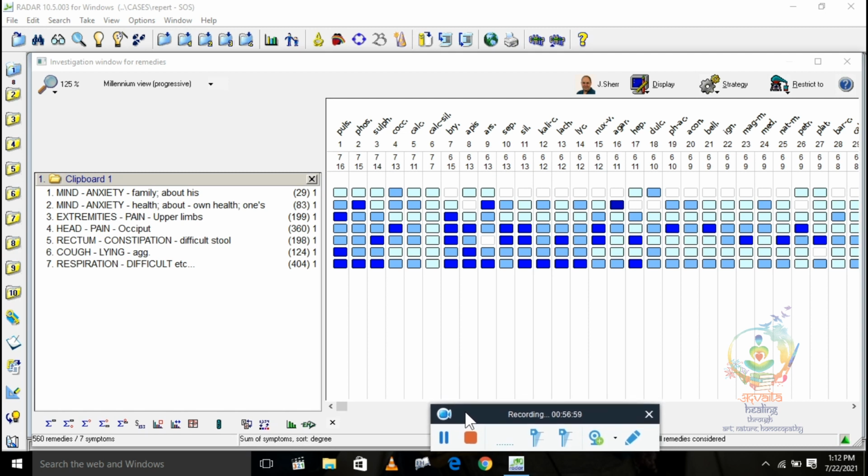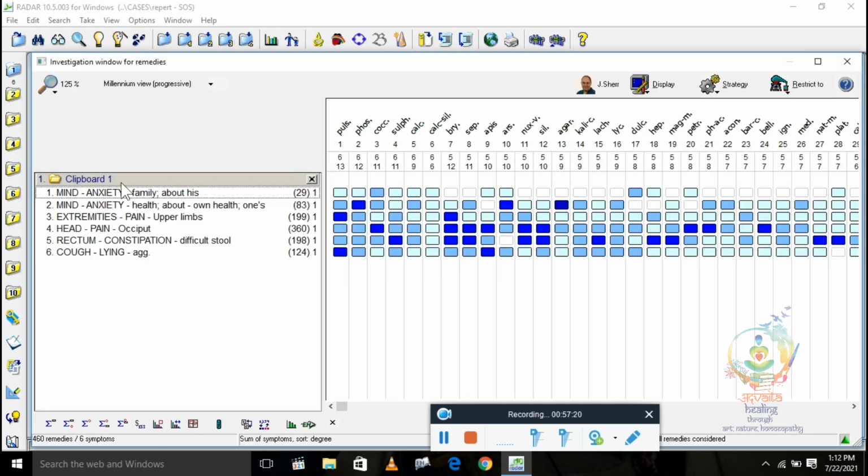Now let's see further. If you want to search according to materia medica, see, you have repertorized these symptoms, these 7 symptoms, we will do it with 6.